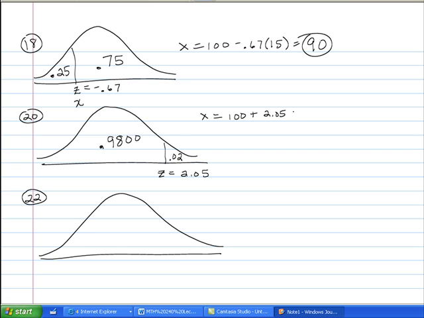So, in number 22, the U.S. Air Force requires that pilots have heights between 64 and 77 inches. Okay, and heights of men are normally distributed with a mean of 69.5. And sigma is